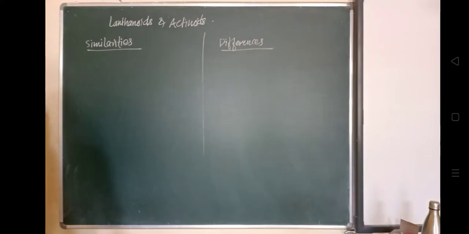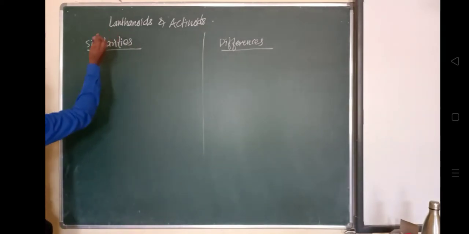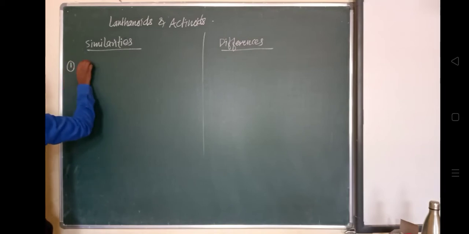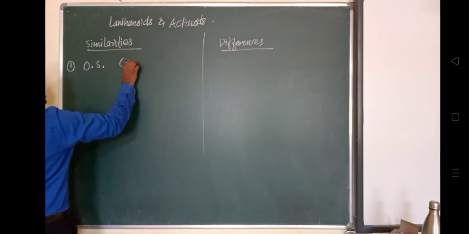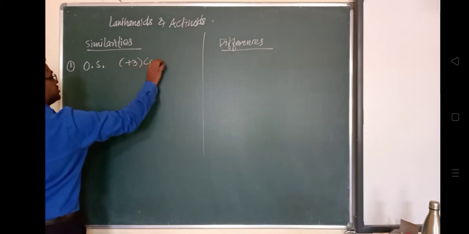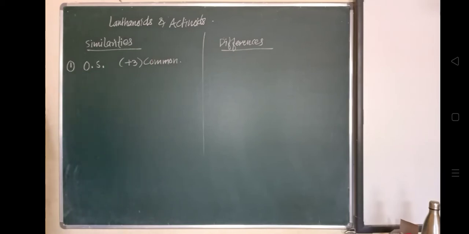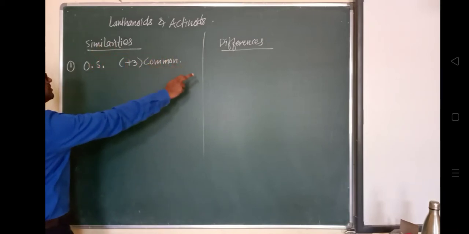We have seen this in lanthanoids and also in actinoids. Right now we are discussing the similarities and differences between the lanthanoid and actinoid series. If we talk about the differences, lanthanoids show an oxidation state of +4, while actinoids show